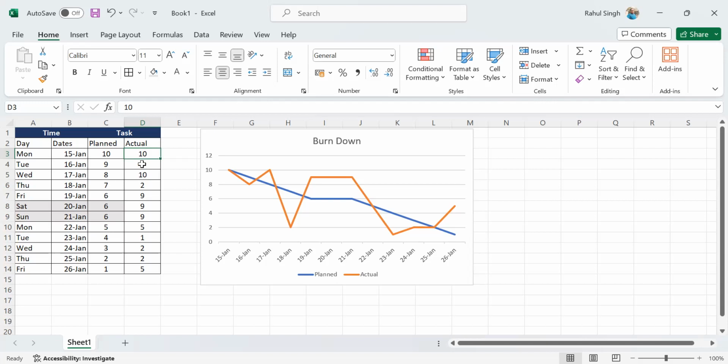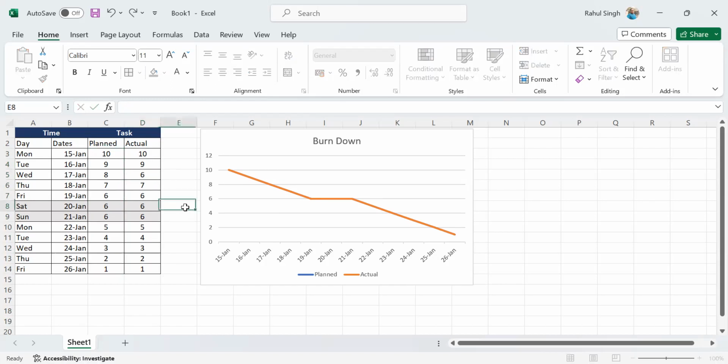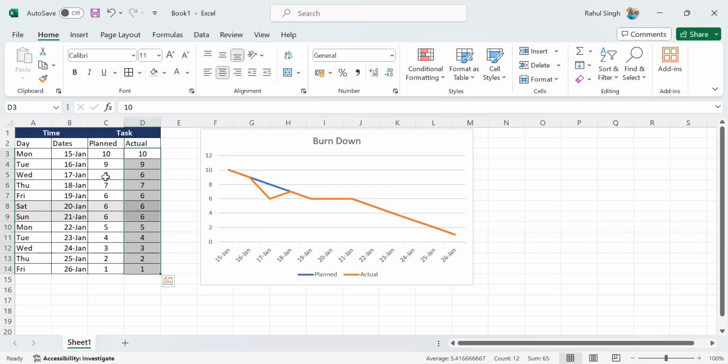राइट, अगर मैं यहां से सबको हटा दूं, तो देखो बाय डिफॉल्ट ये ग्राफ बना रहा है कि अगर हम ऑन ट्रैक चलें। अब मैं इसी पूरे डेटा को कॉपी करके यहाँ डाल रहा हूँ कि जो प्लान्ड था वही मेरा एक्चुअल भी है, तो सेम ग्राफ। लेकिन जैसे प्लान्ड और एक्चुअल को मैं चेंज करता हूँ, यहाँ पे लेट से मैं 6 करता हूँ, अब देखो नीचे आ गया। क्यों? 65, 67। मैं अपने काम से एक्चुअल काम मेरा कितना हो रहा है, कम हो रहा है, तो नीचे आ गया। सो दिस इज